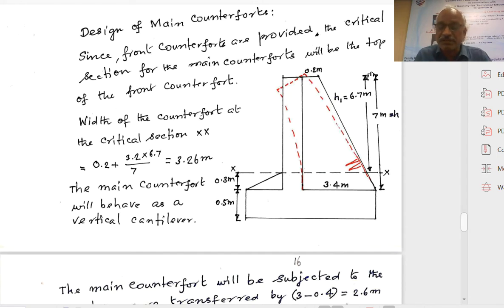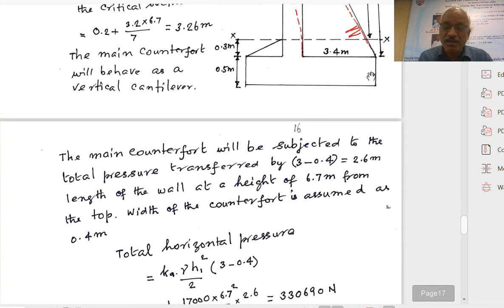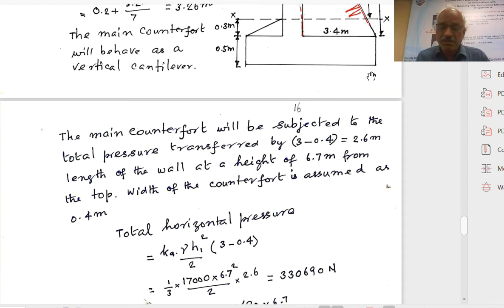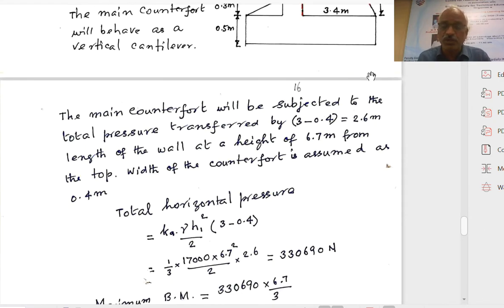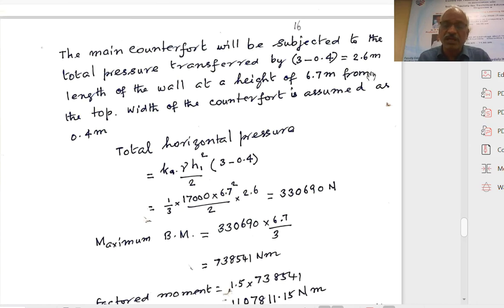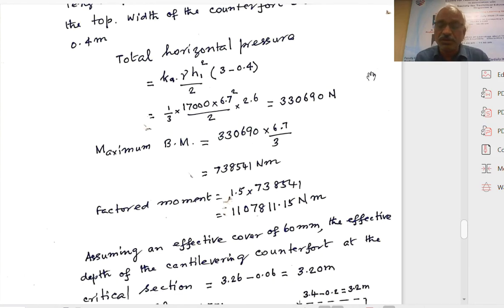So at that section, what is the width of the counterfort? At the bottom it is 3.4 meters. So there it is 3.26 meters. So the main counterfort will behave as a vertical cantilever, and the total pressure will be from 3 minus 0.4 meters. Already told. So the total horizontal pressure is equal to